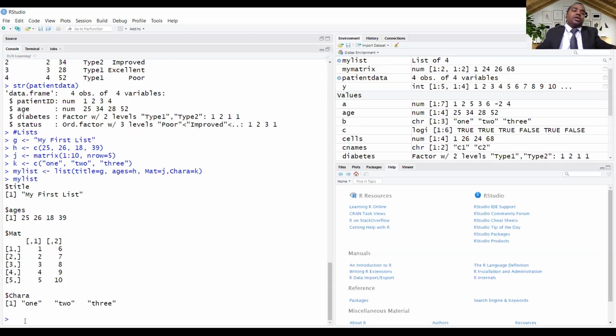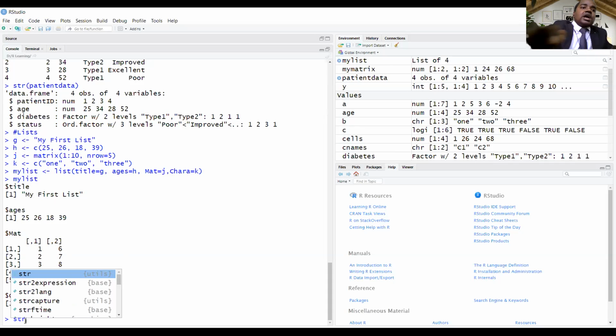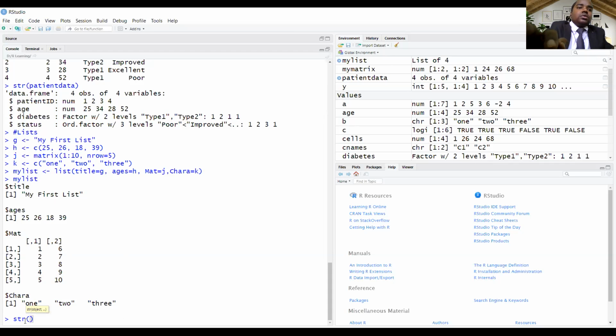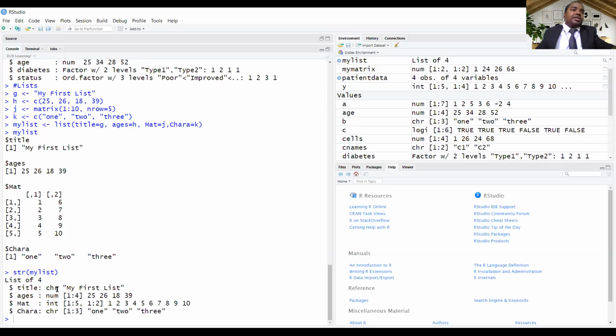So here we can print the str of my list. Here we will get the information about this list. Title is having character data type, my first list. Age is having numbers 1 to 4, and then matrices, it is having integer type.